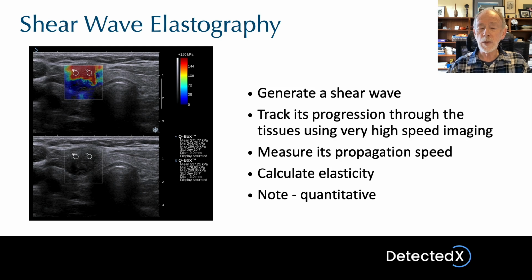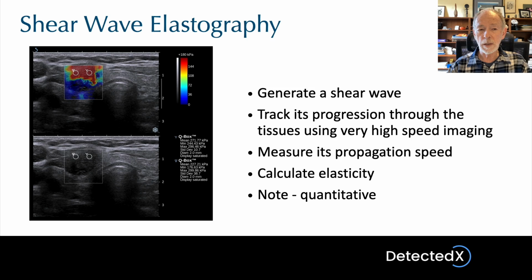So the machine is able to calculate for each point the propagation speed of that shock wave at that particular point. This is useful because the propagation speed at any given point is mathematically related to the elasticity of the tissues at that point. So having measured the propagation speed at each point, the machine can calculate the elasticity in